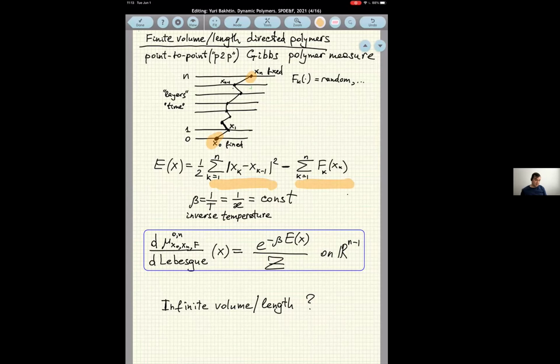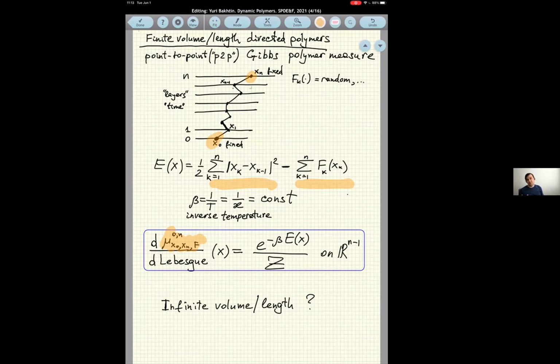If you want to introduce a Gibbs measure, you have to define the temperature or inverse temperature. So that's what you do. In the end, you're considering the measure with all those indices here. This measure is absolutely continuous with respect to the base measure. The density is given essentially by this exponential weight. And you have to normalize by the partition function Z to obtain a probability measure. So this is a random probability measure on paths.